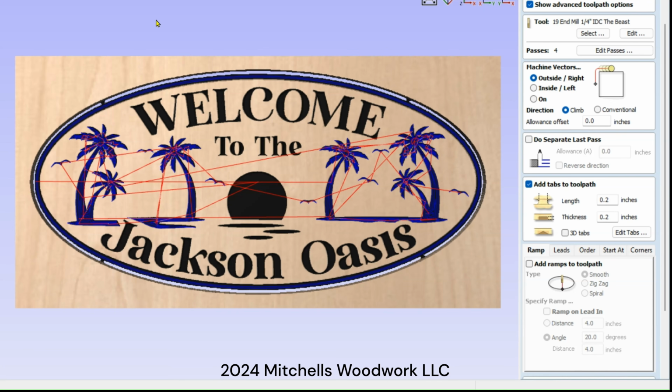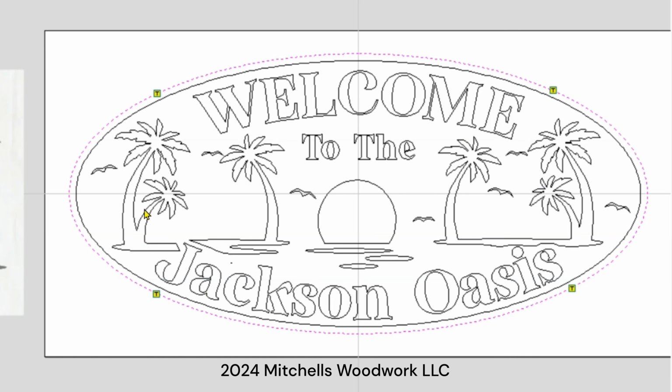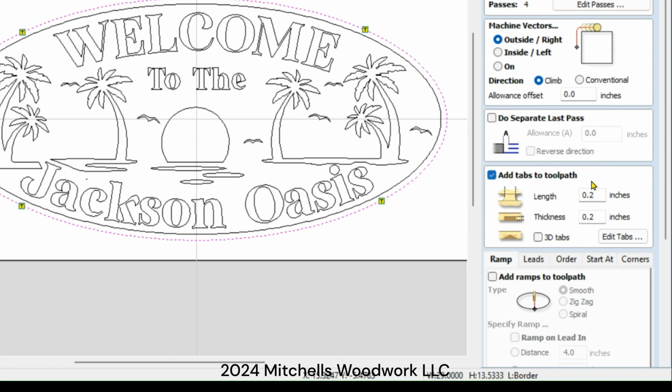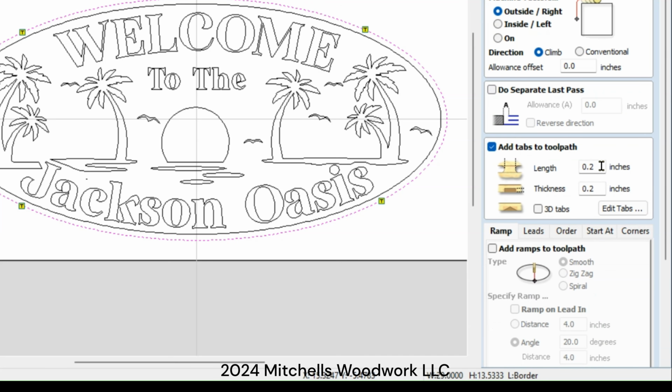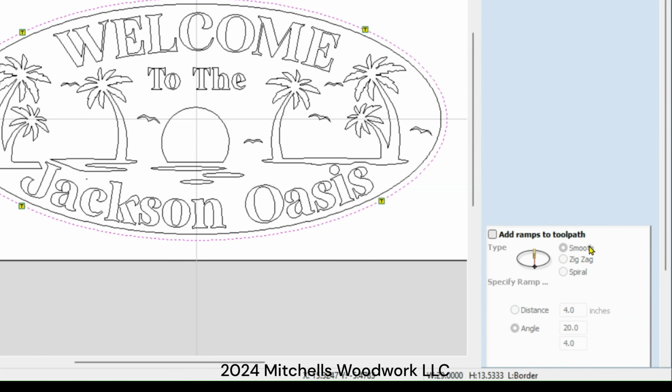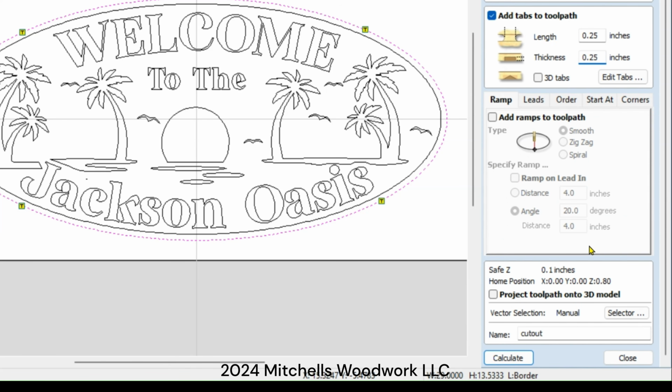We added tabs. You can see the tabs here; I put 4 tabs. I generally use a 0.25 length and thickness, so I'll do that here too. And I won't need ramps. I'm going to calculate,